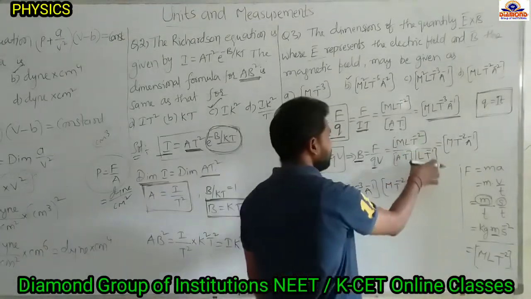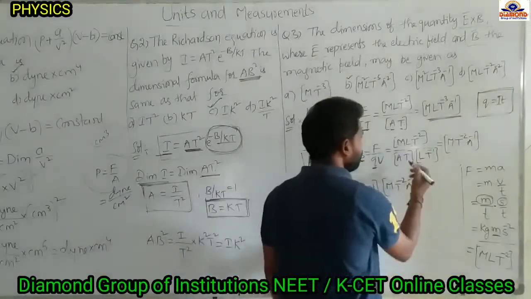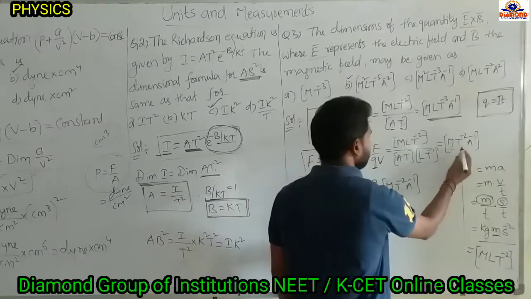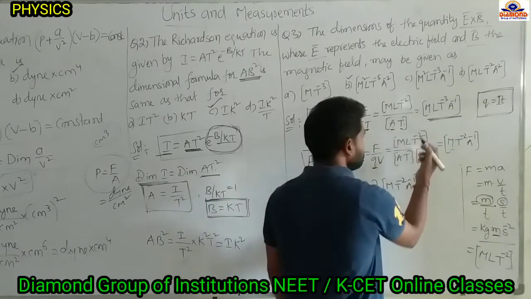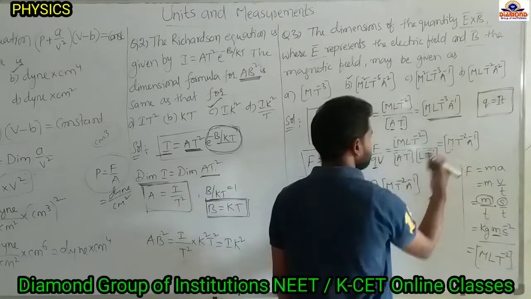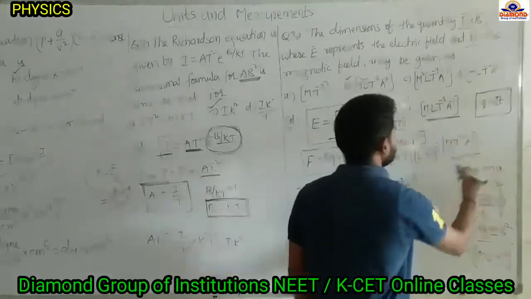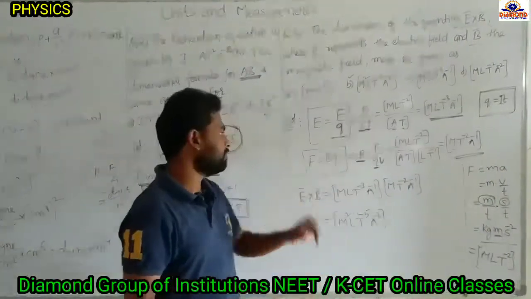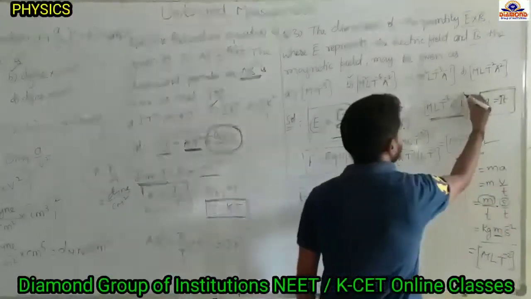So now I have written here all the dimensional formulas. Now simplify it. M only one is there in the denominator and M, so L here and L here will be cancelled, and T power minus 2 here, T power plus 1, T power minus 1, this will be cancelled, we will get T power minus 2. A is there, sent to the upside, A power minus 1. This is the dimensional formula of the magnetic field. So this is the dimensional formula of the magnetic field, and this one is the dimensional formula of the electric field.